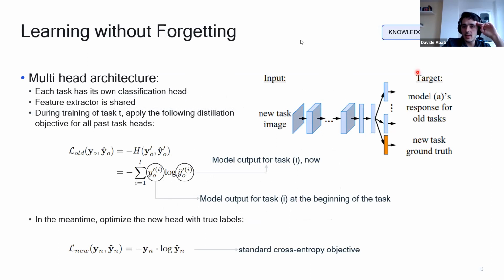So I'd like to explain a little bit about knowledge distillation. One of the most famous papers here is Learning Without Forgetting. It's a very seminal work about using knowledge distillation for continual learning. The way it works is, if you look at the image here, this is a multi-head architecture. It's fairly similar to the image I used for explaining multi-head architectures. There's a shared feature extraction here, and let's say we are learning multiple classification tasks. We learned 4 tasks, so we have 4 blue heads.